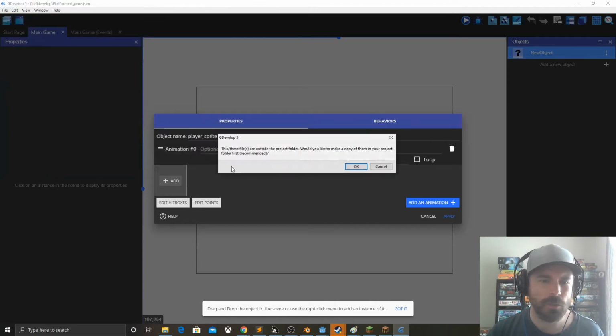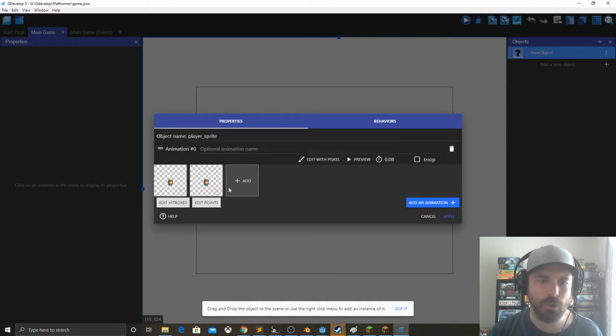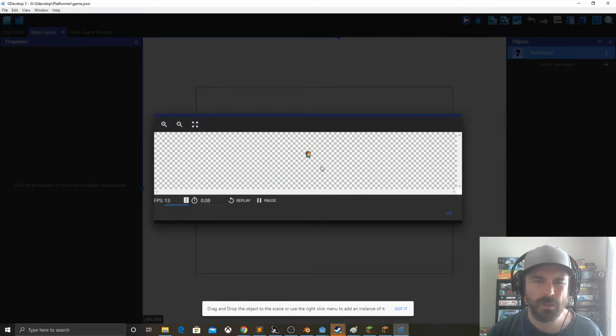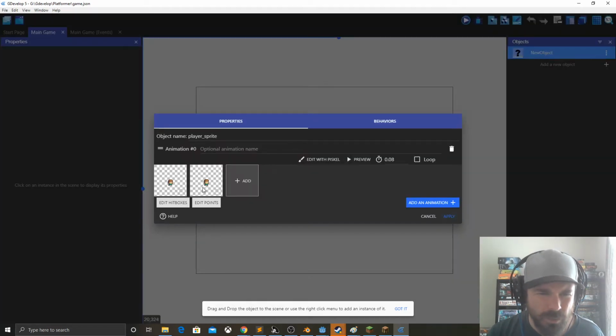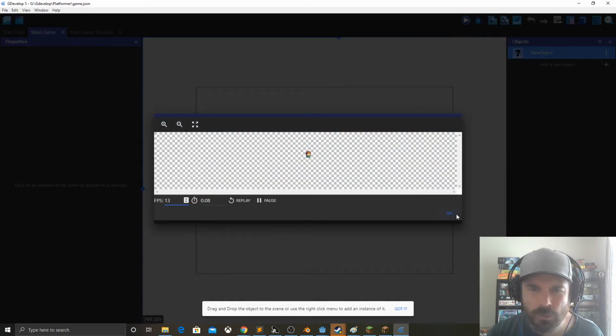Okay, this is going to be the idle animation. Yes, I will make a copy, so I can preview that. There's nothing actually happening on that sprite. It does look slightly different though. So if I preview that,